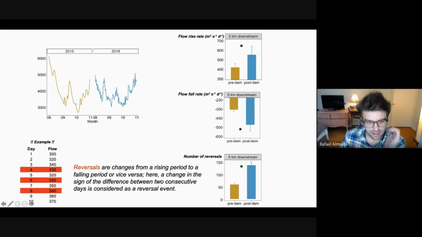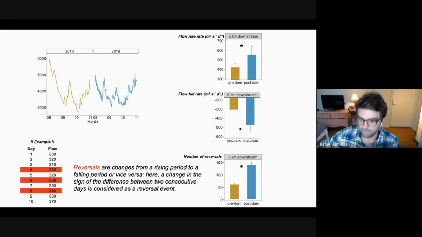No quinto ela desce para 320, continua descendo, mas no sexto ela volta a subir. Tem outro evento de reversão. No sétimo dia ela continua subindo, mas no oitavo ela volta a cair. Tem um outro evento de reversão aqui. E assim sucessivamente. Nesse exemplo, a gente tem, então, 3 eventos de reversões com base na série diária de vazões. O que acontece é que quando a gente compara o período de pré-barramento com o período de pós-barramento, em Porto Velho, a gente vê que o número de reversões quase triplicou